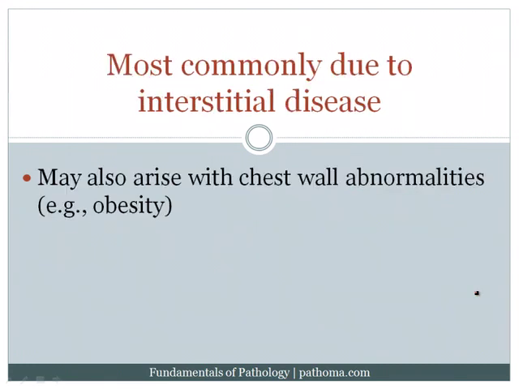Most commonly, the restrictive diseases are going to be due to something called an interstitial disease of the lung. Now, what are interstitial diseases of the lung? These are disorders in which you get fibrosis of the interstitium. And what's the interstitium? Well, if you go back and recall, remember that you've got these alveolar air sacs down